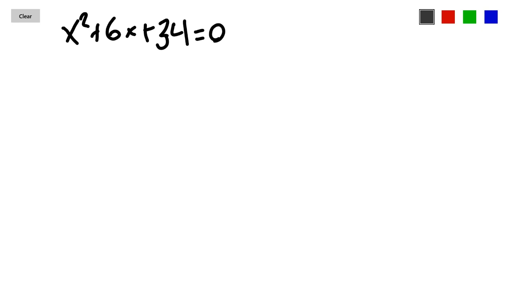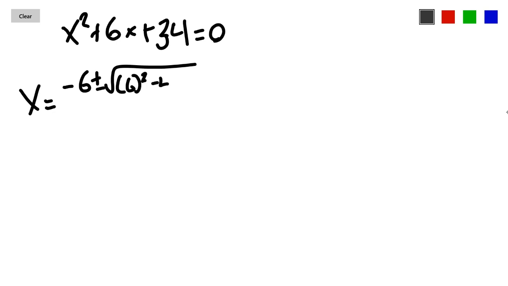Okay, let's say that I had x squared plus 6x plus 34 is equal to 0. Again, the first thing that you should do is to try to factor, but there are no factors of 34 that will add to get 6, so I'm going to use the quadratic formula. I have x is equal to negative 6 plus or minus the square root of 6 squared minus 4 times 1 times 34